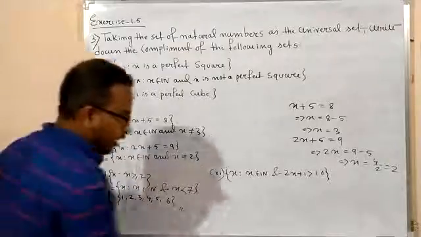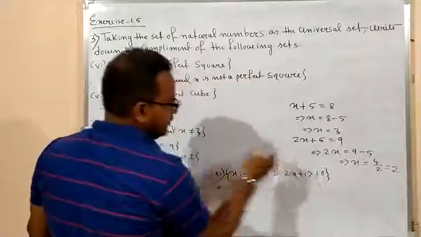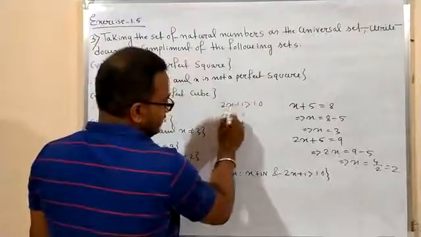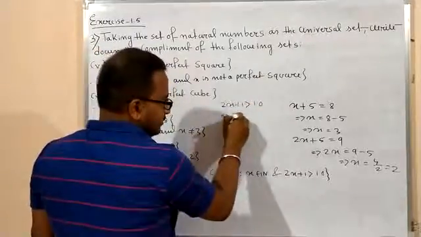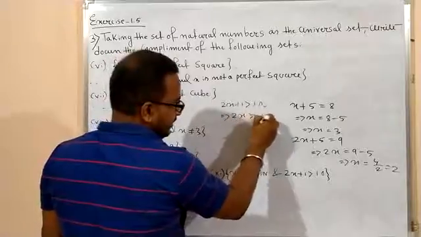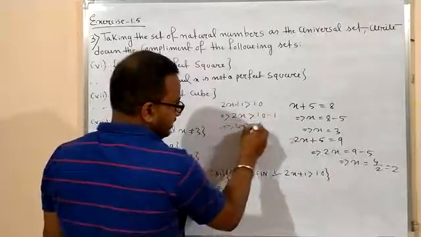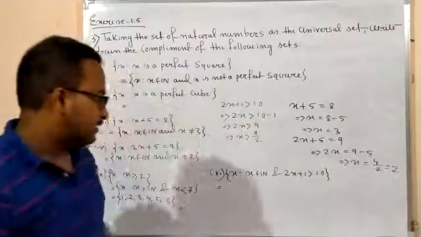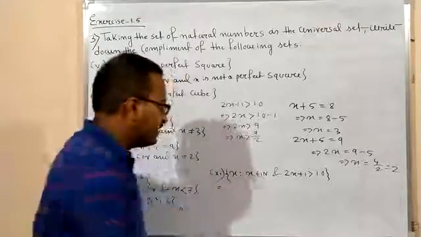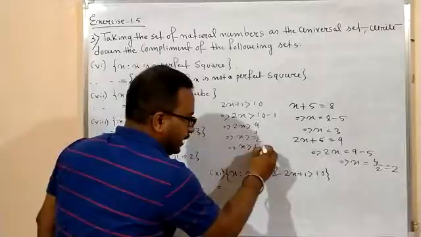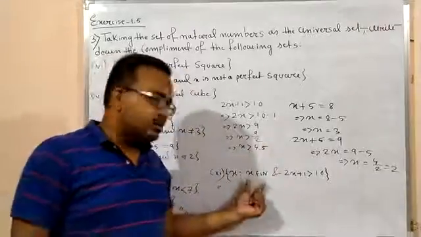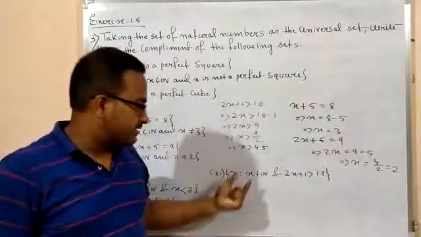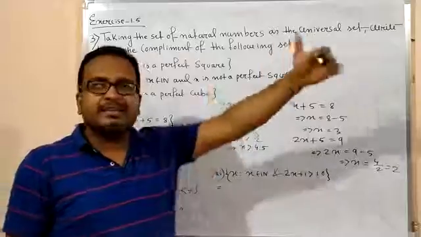Okay? Now first of all you have to calculate this. So it is 2x plus 1 greater than 10. Now it is a concept of linear inequality. So I can do it like that. 2x greater than 10 minus 1. So it is 2x greater than 9. So it will be x greater than 9 by 2. Right? So that means you are considering all these natural numbers which are greater than 4.5. It is a set containing all the natural numbers which are greater than 4.5. That means the set contains 5, 6, 7, 8, 9, 10 up to infinity.